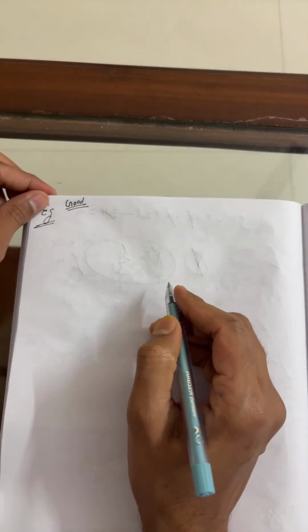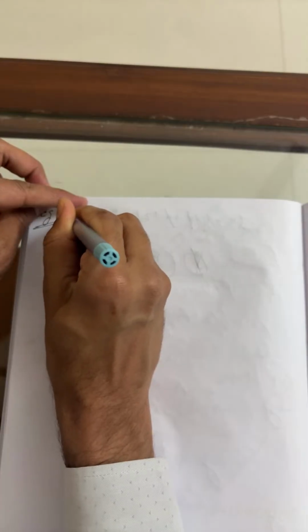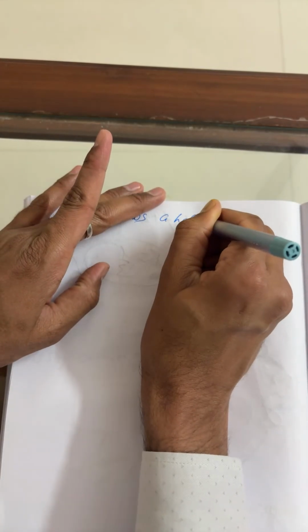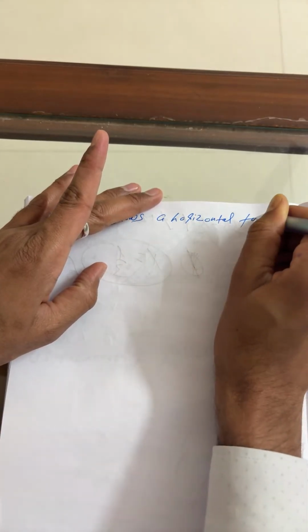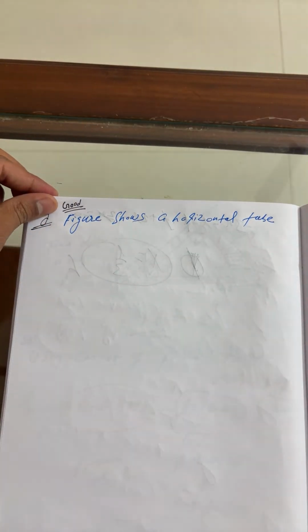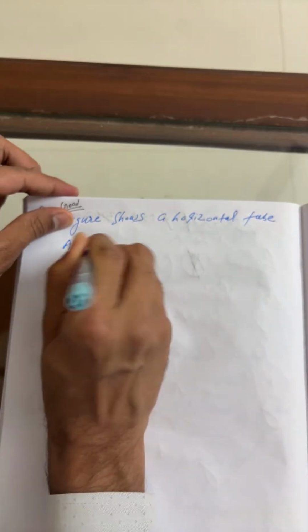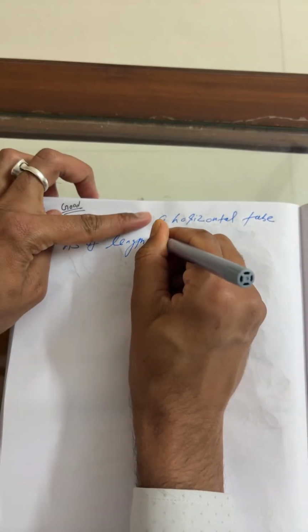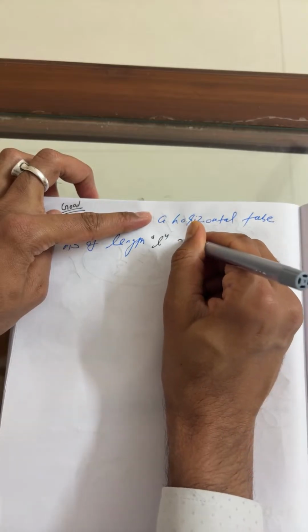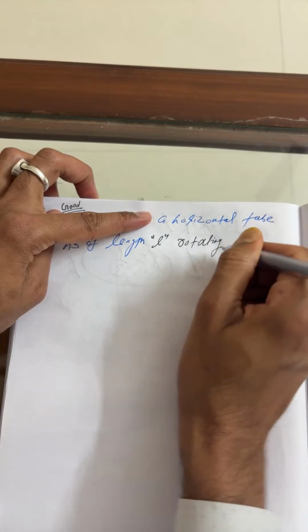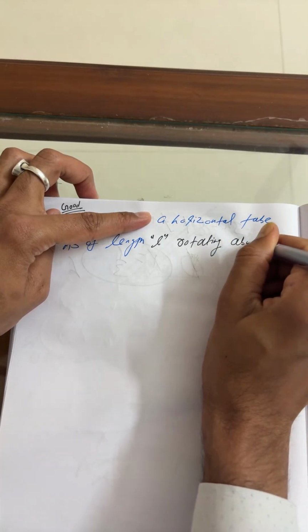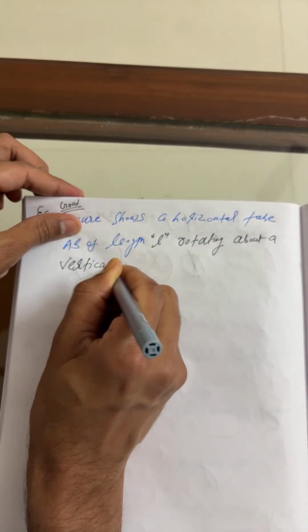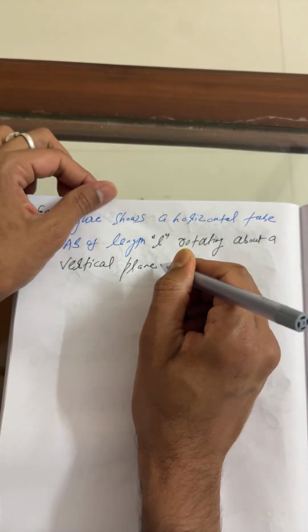Figure shows a horizontal tube AB of length L rotating about a vertical